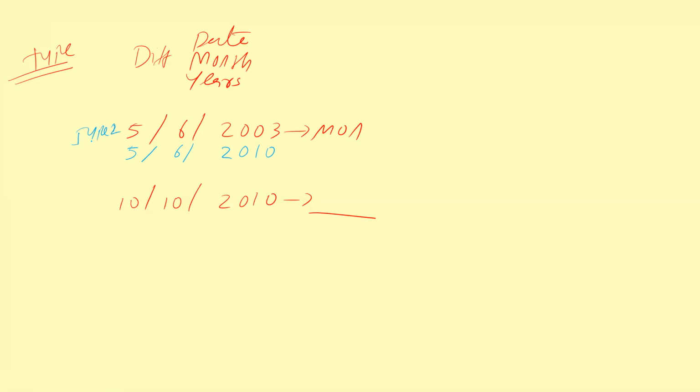So type number 2. Already we know how to use this type number 2. Same date, same month in the future years. So subtracting this, 10 minus 3 is 7. In between we are having 2004 is one leap year, 2008 is a second leap year. So already 2 leap years are there. So 9. We need to add 9. Instead of adding 9, I can add 2 because 9 can be written as 7 plus 2. The 7 is what? Monday plus 7 is the same Monday, so we can ignore the 7. Only we can take only 2. Monday plus 2 means what? It's Tuesday and Wednesday. So this is Wednesday. So now this reference day is no longer relevant. We can ignore it. We can take this as the reference date. So we got the new reference date.